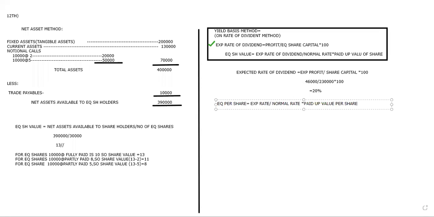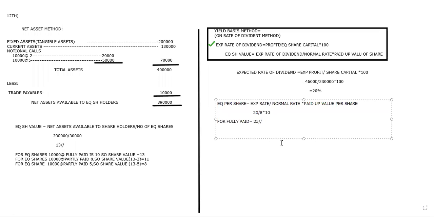Per share value. 20 divided by normal rate. How much did he give? 8 rupees, right? 8 into, first one is fully paid, so we take 10 rupees. So how much are you going to get as the answer? 25. So this is the rate for fully paid. Now next one,